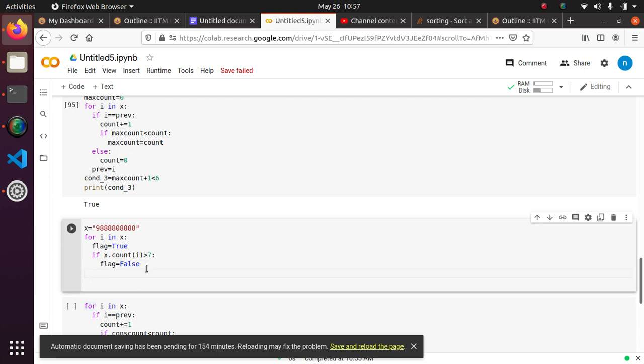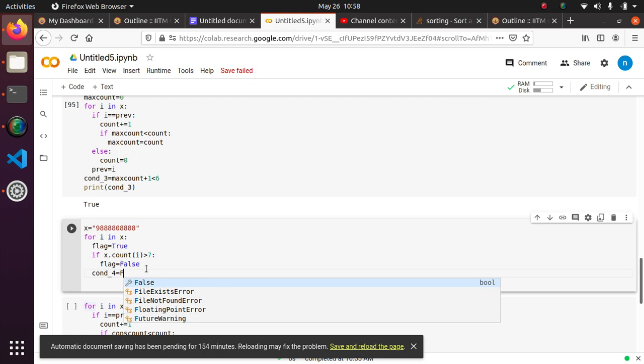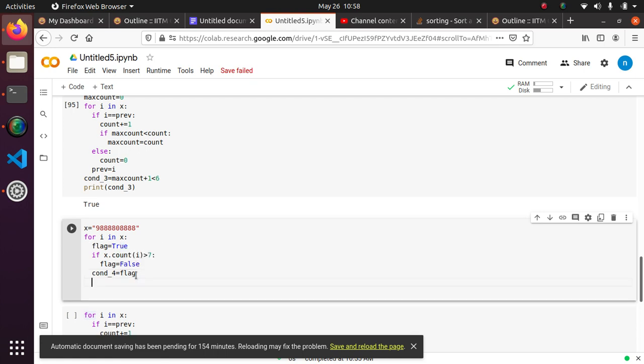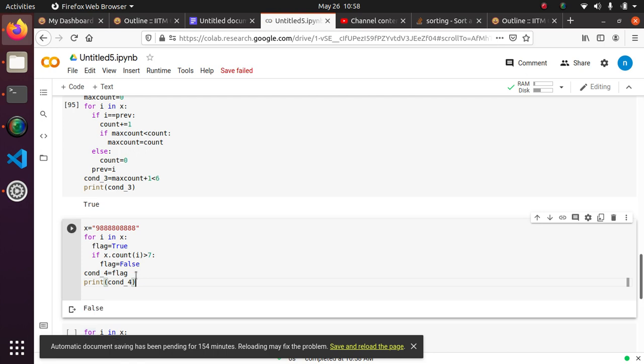Condition 4 will be flag. Now let's print condition 4 and see what's going to happen.